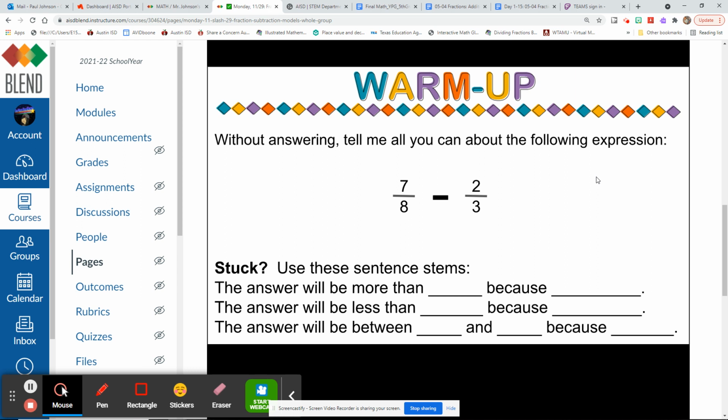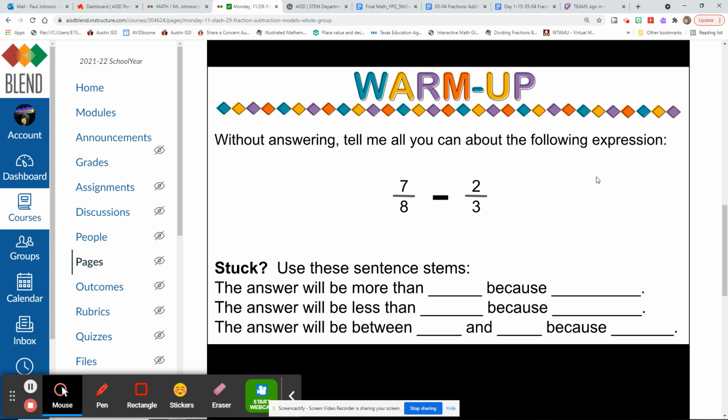I'm going to go ahead and pause it, and then when I come back, let's talk about the stems. So go ahead and pause. Welcome back. All right, so the answer will be more than. Okay, so I think the answer will be more than 0 because we have almost one whole and we're subtracting